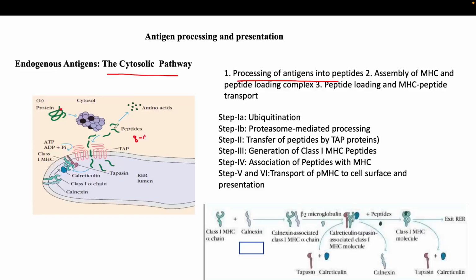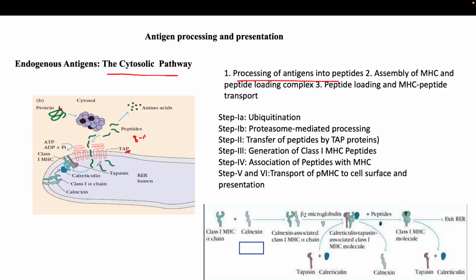Okay, and after the peptide is processed into small pieces, through an energy gradient it moves from the cytosol to the endoplasmic reticulum through the help of the TAP molecule. This TAP molecule is a transmembrane associated protein, which helps in creating pores to let the peptide enter